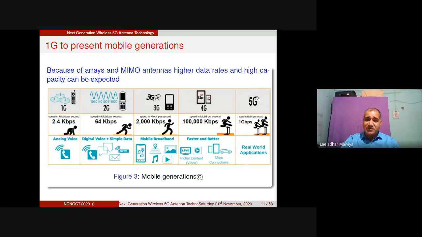And that's why the need for 5G has arrived, because we have online conferencing, online surgery, and many smart things that can be done with the help of 5G. So real-time applications are covered in 5G, and that's why 5G is able to provide us a data rate of more than 1 Gbps.